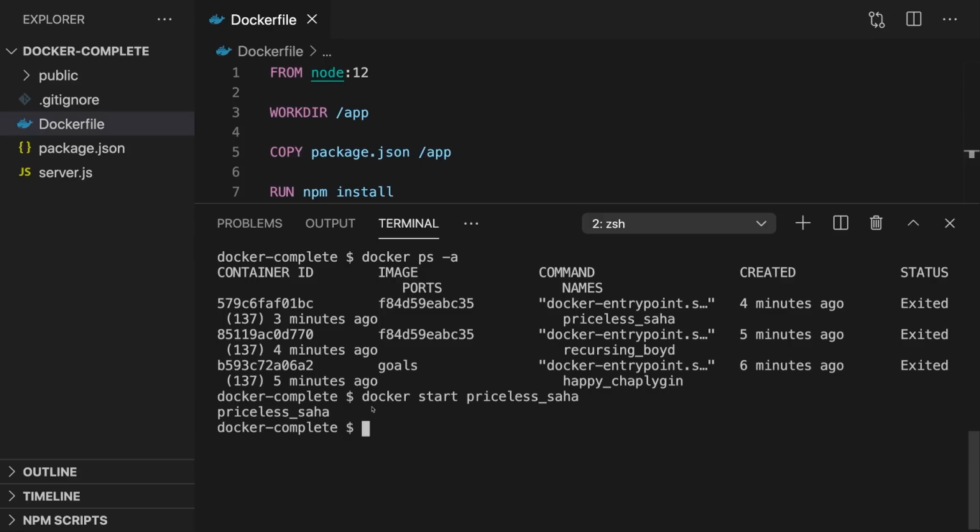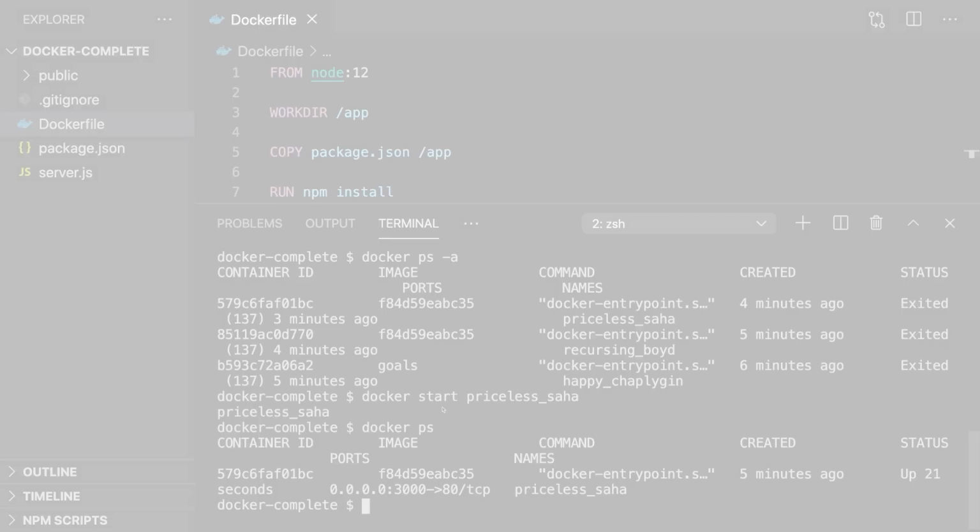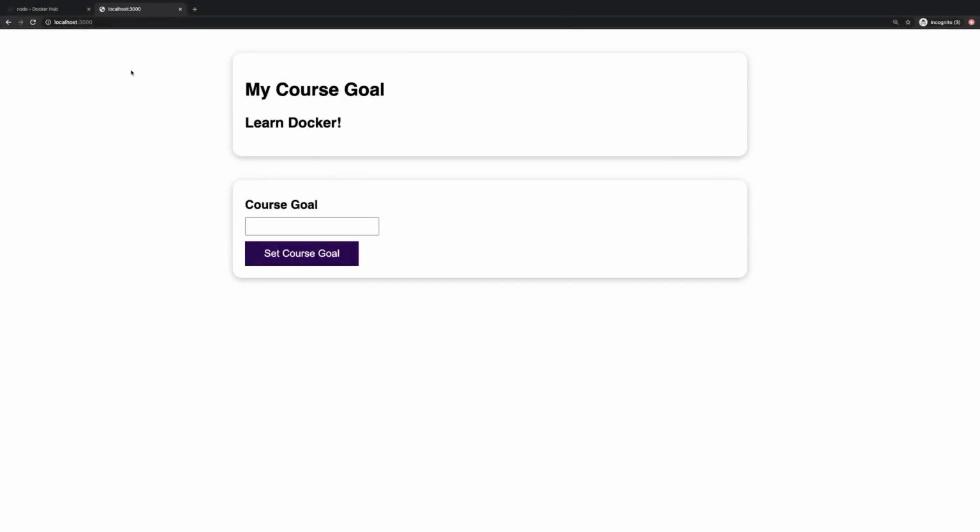Now you see, it starts the container in a different mode. It's not blocking the terminal as it did with docker run, but I can tell you this container is up and running. And you can verify by running docker ps without the -a flag to only see the running containers, and you should see this container here. And we can also visit localhost 3000 and reload there, and there our application is up and running,